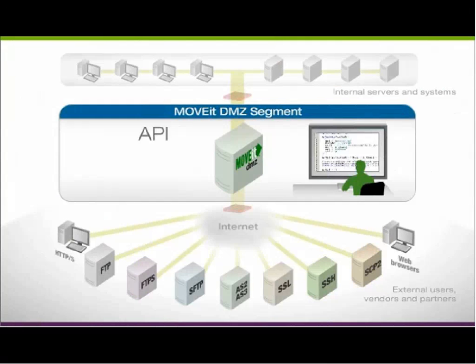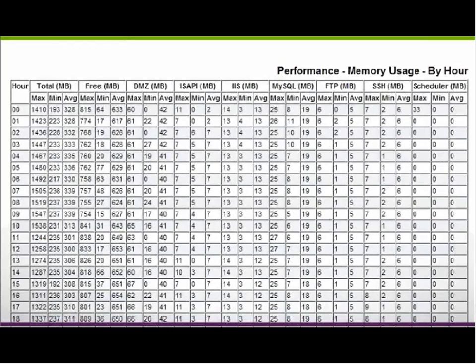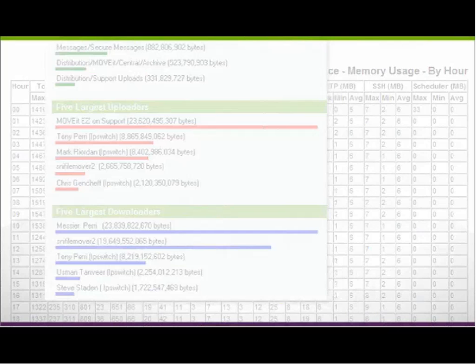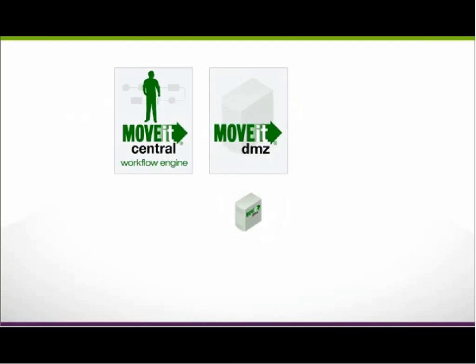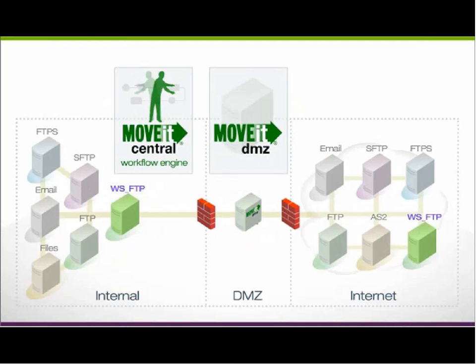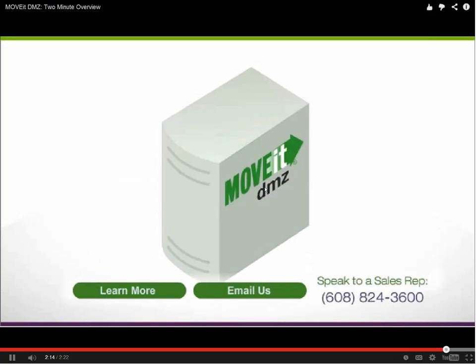An API provides enterprise applications and developers with programmatic access to the MoveIt DMZ files, users, logs, and services. Every MoveIt DMZ includes over 90 built-in and schedulable reports for real-time visibility into file transfer operations. Combining MoveIt DMZ with the MoveIt Central workflow engine facilitates the automation and management of complex file transfer and processing tasks. Here's where to learn more about how your system's applications and